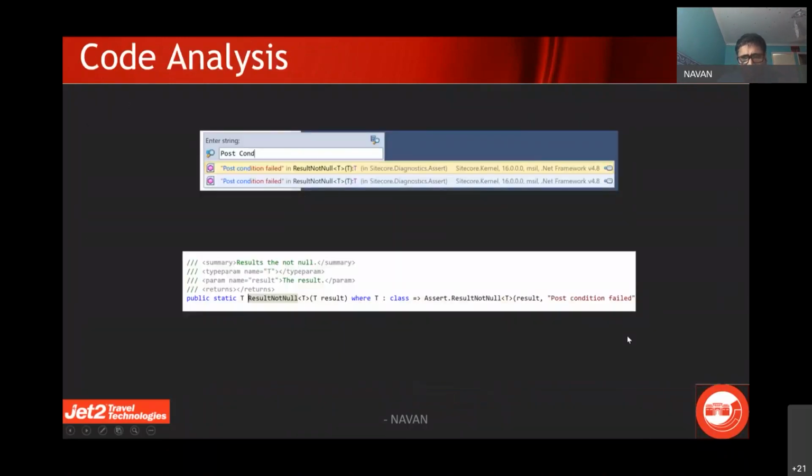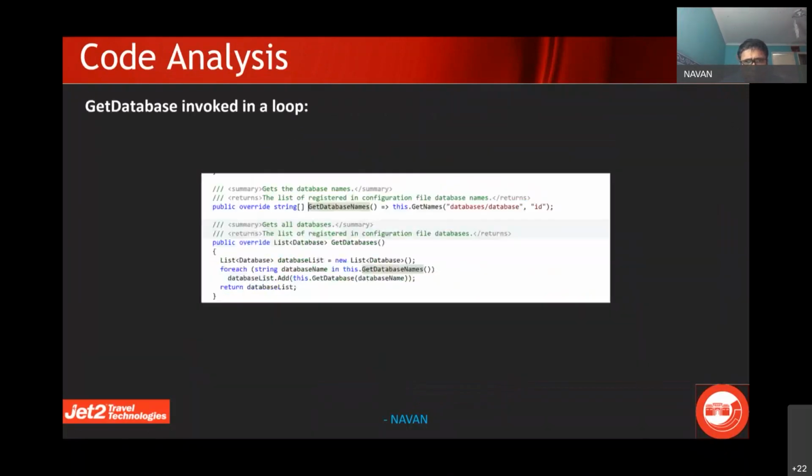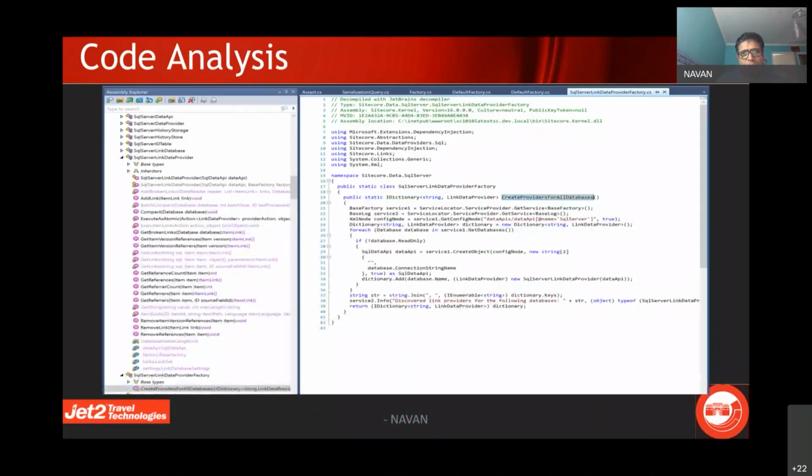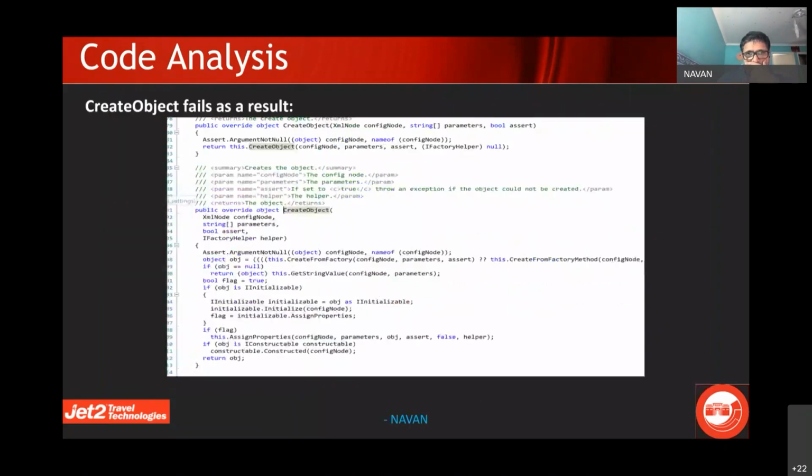Fine. Yeah, so these are all the other methods that are there as part of the call stack. So the whole call stack gets a method called and all of these fail. But the main reason is that it throws a post condition fail. This is what I was talking about. I made a change in the serialization.config file itself where instead of passing core, I passed XYZ. So your web.conf, your show config will have this name, but then backend obviously does not have core. So it goes till kernel and then it fails and comes back.